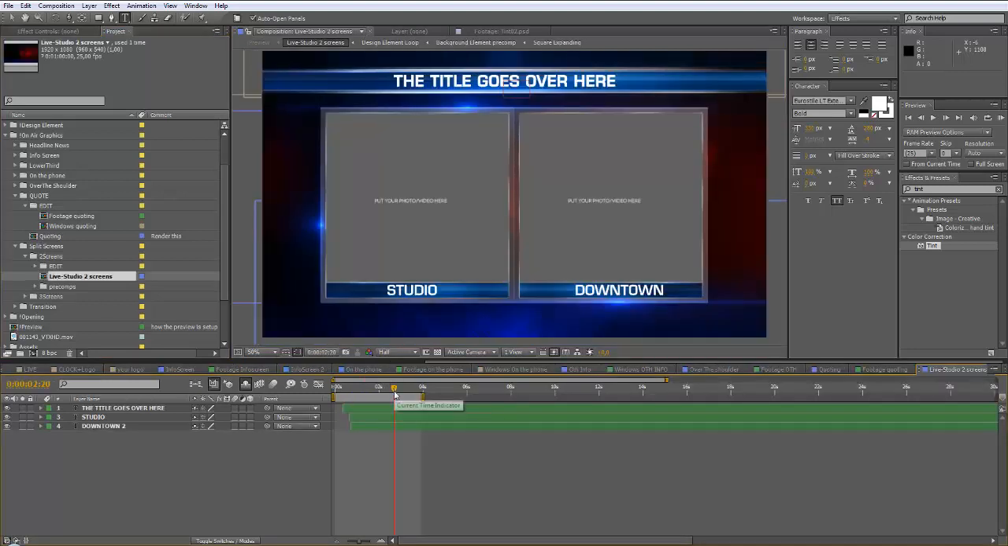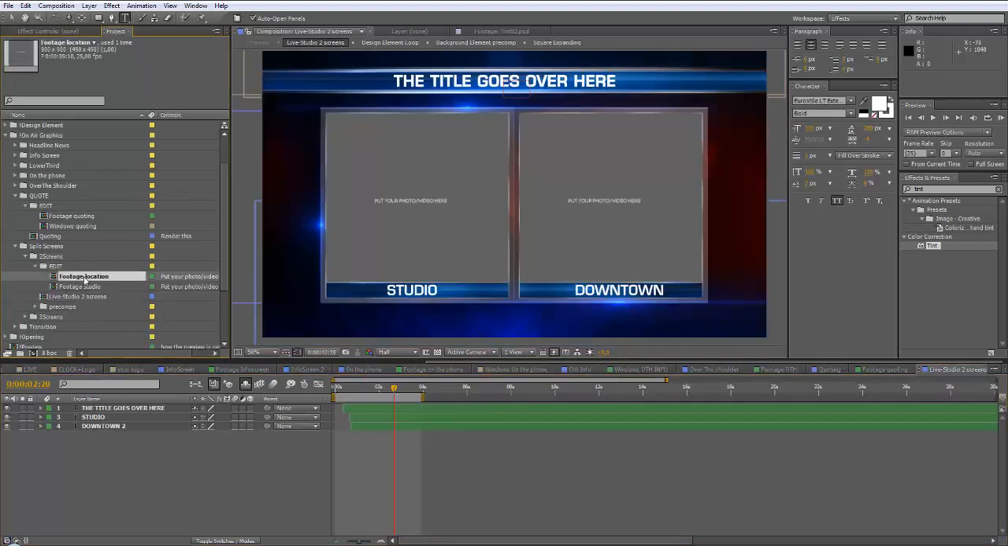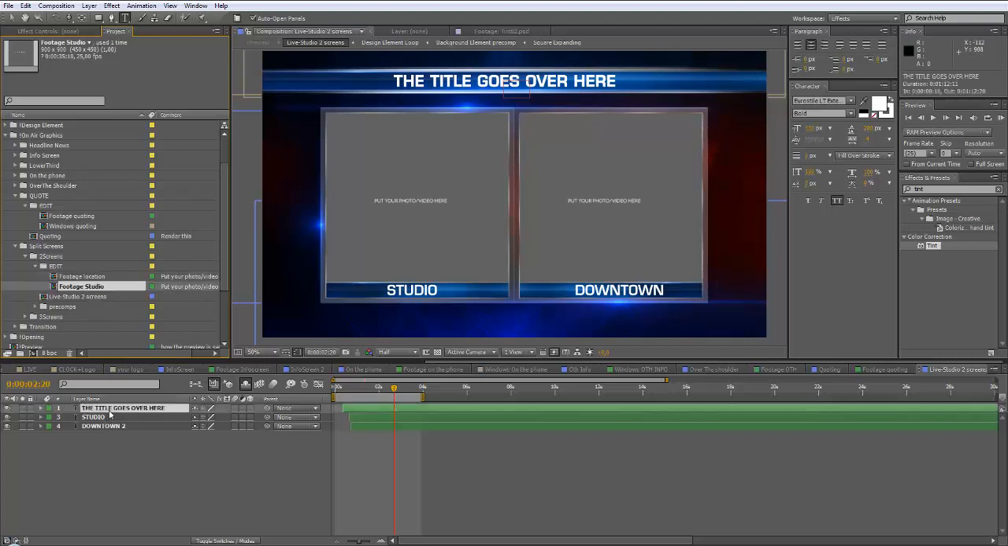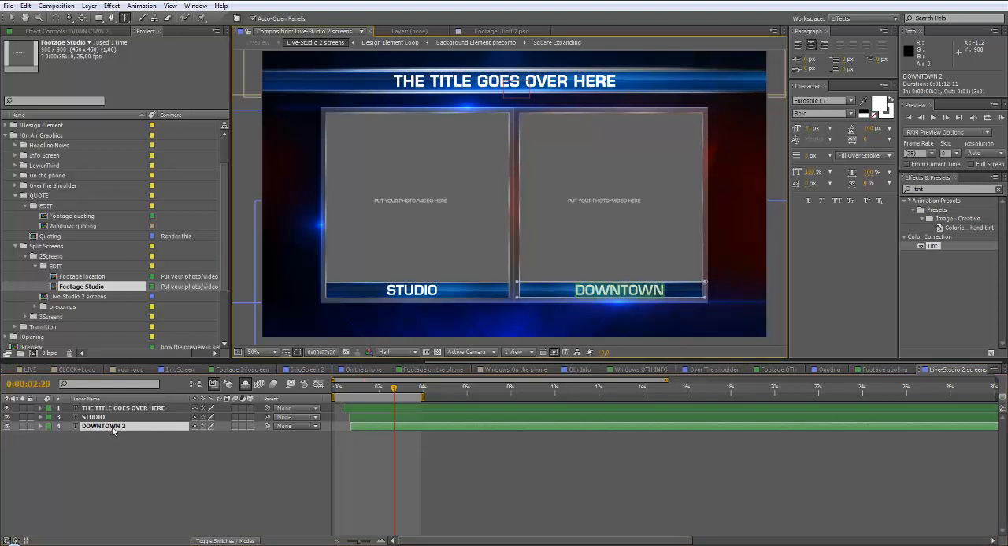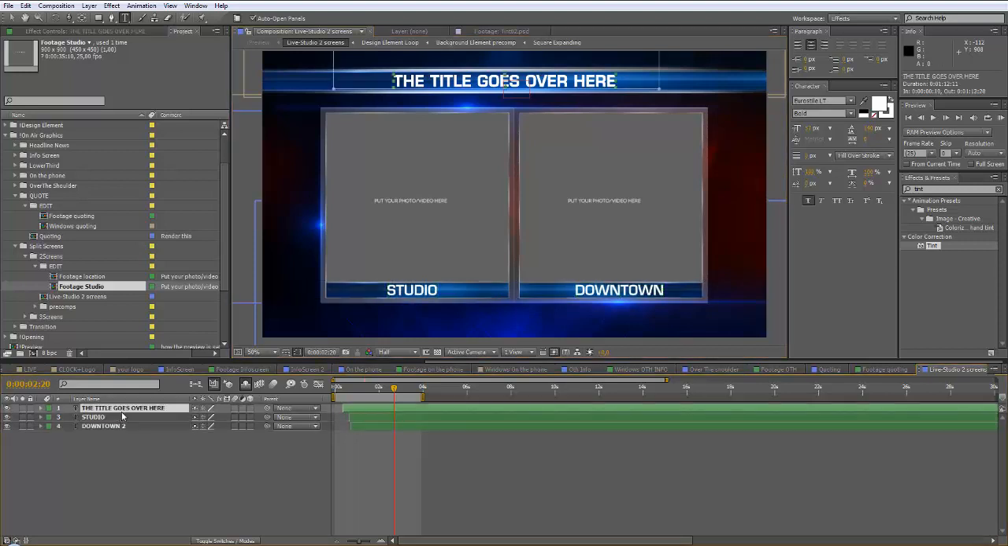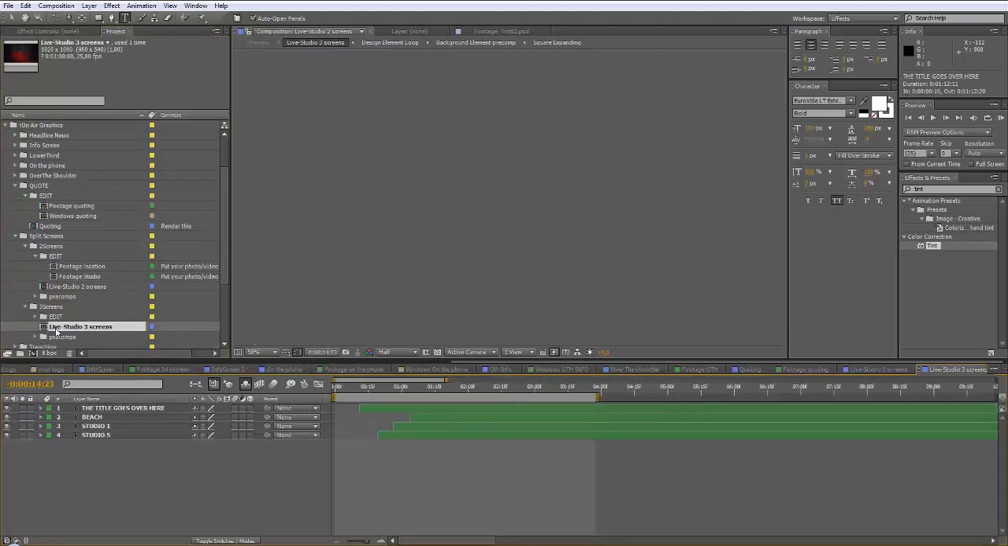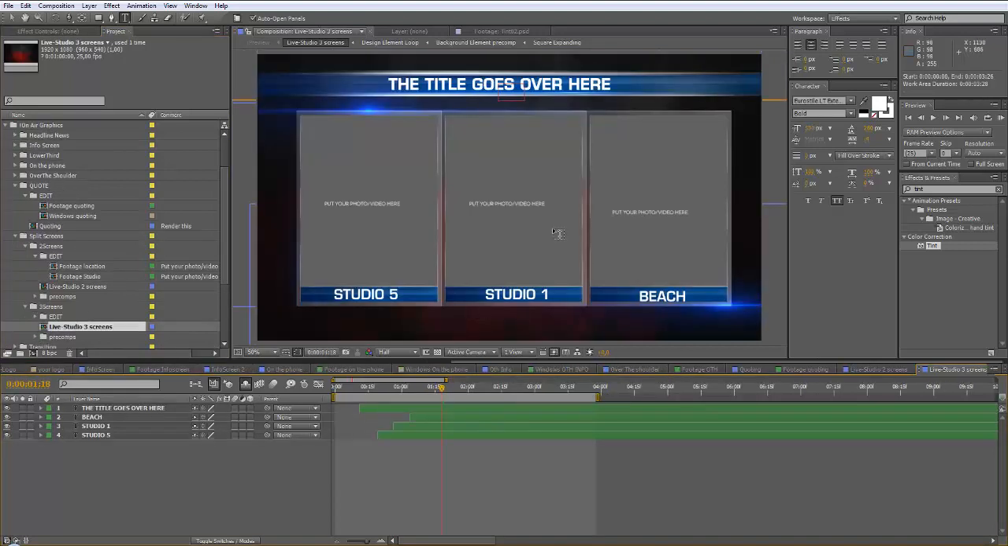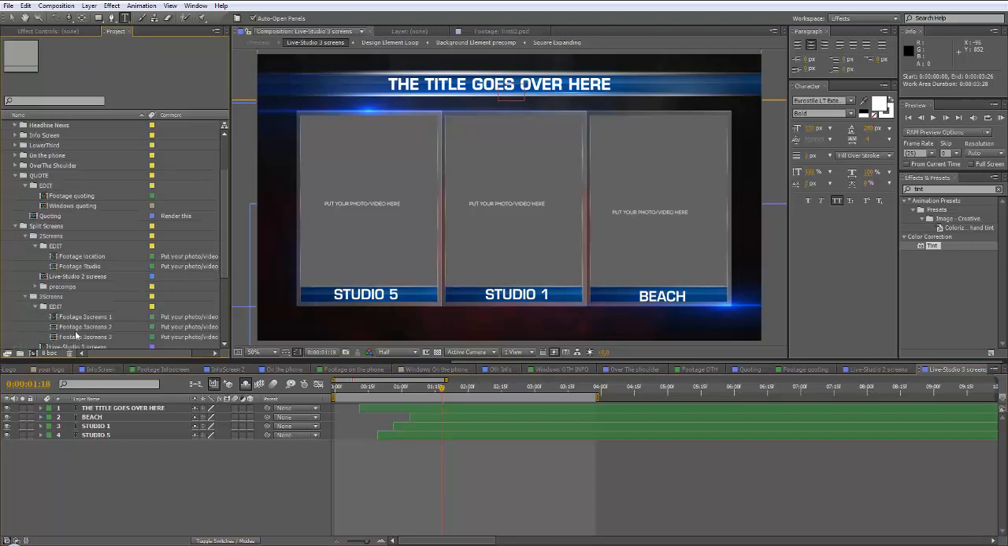Here is 2 split screens. In edit folder, footage for the one screen, footage for the other. In this folder you can change the text. It has also the animation set up. In 3 screens is the same, but the screens are 3. In edit, screen 1, screen 2, screen